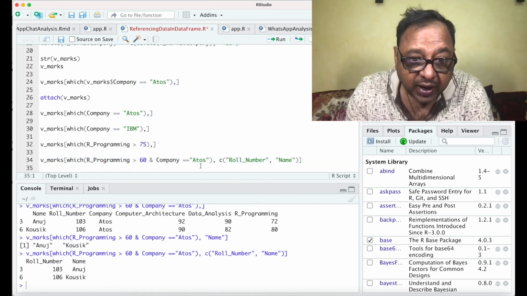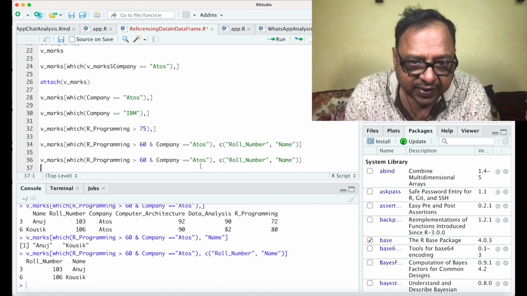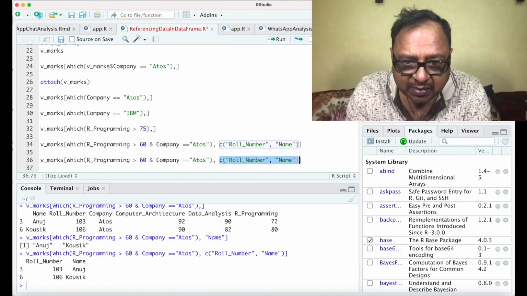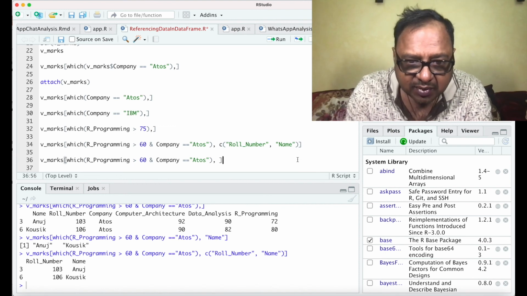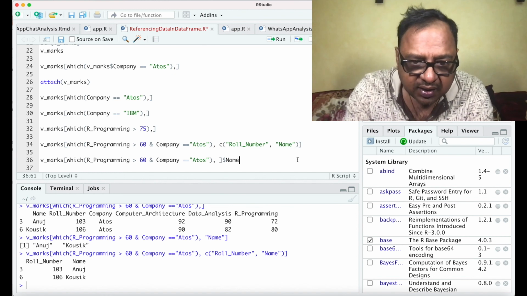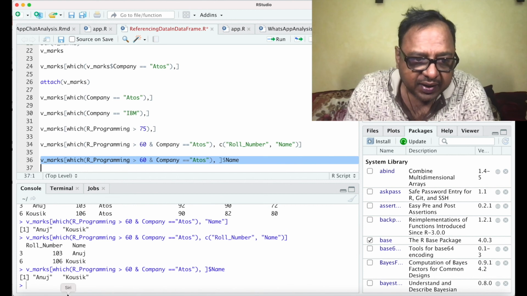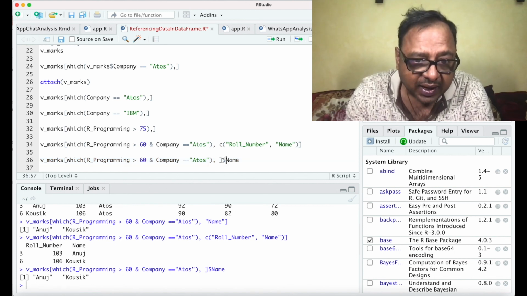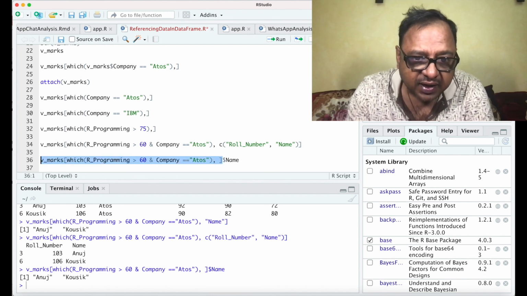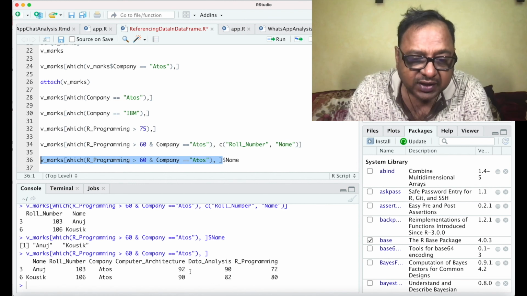Many times we may require to use a condition and get back a specific column. A generally more utilized mechanism to do that is to give something like this. I say $name. Now it will give me the names of the records which match the condition. Remember that this piece of data is returning back to me a data frame. So what is returned is a data frame, and I can do any action on a data frame which is available to me at this point of time.